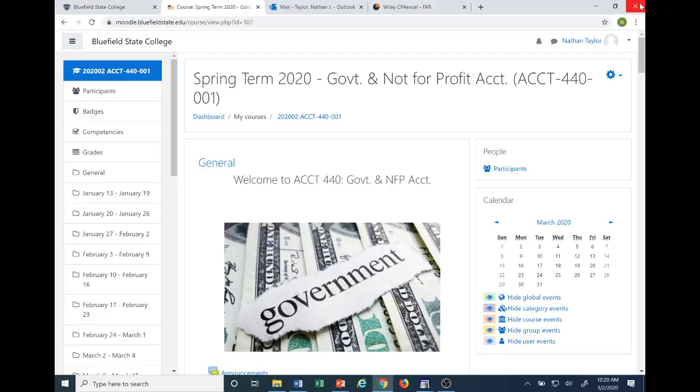Okay, so we know that governmental funds operate on the modified accrual basis of accounting, right? We know government-wide statements operate on the accrual basis. So there's a little bit of a difference there. The main difference is really their measurement focus. Modified is more focused on current, and the accrual is on economic, the full picture.